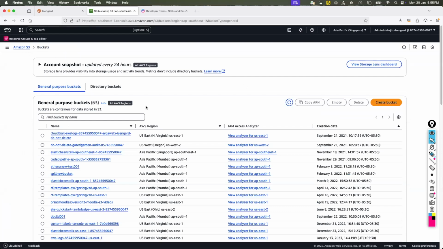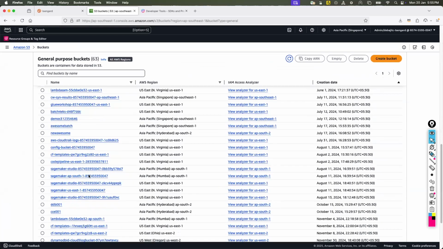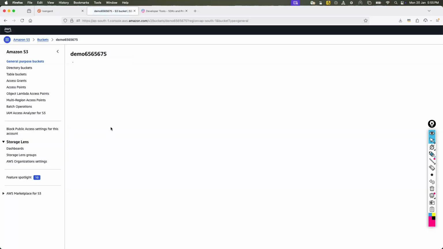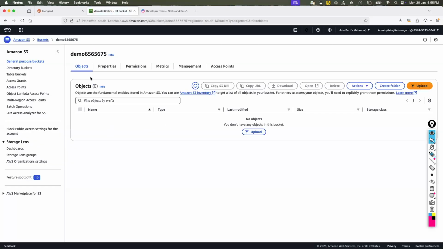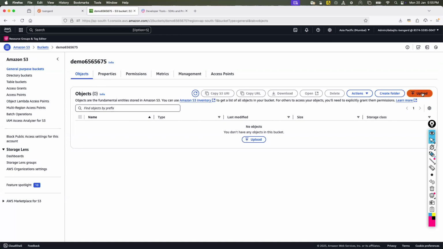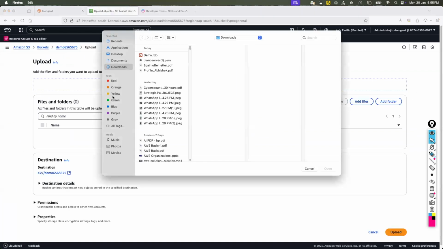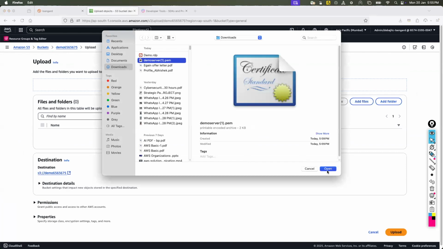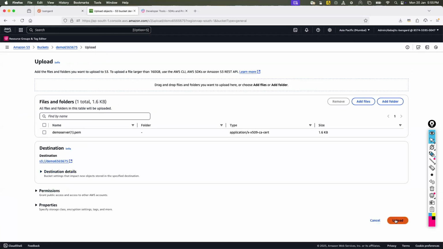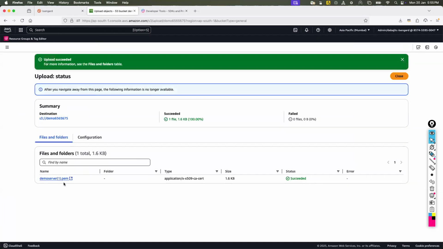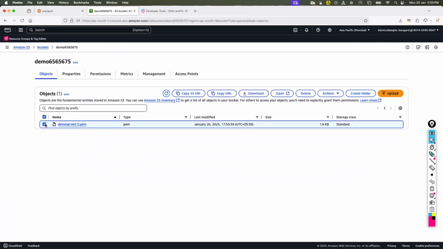And quickly, if I go back to my bucket, I would like to show you something more. In this particular bucket, let me upload something, maybe this PEM file. Upload. Now, the same file you may change here.